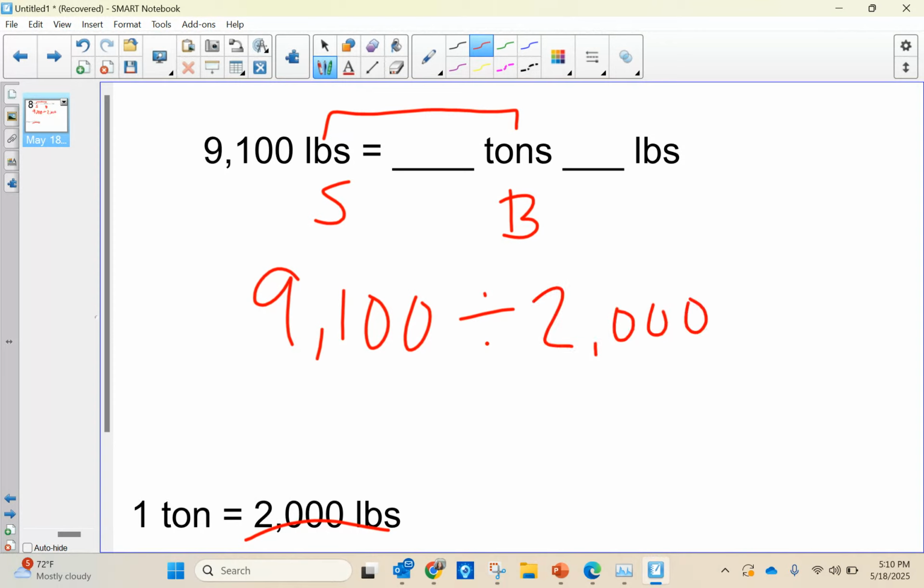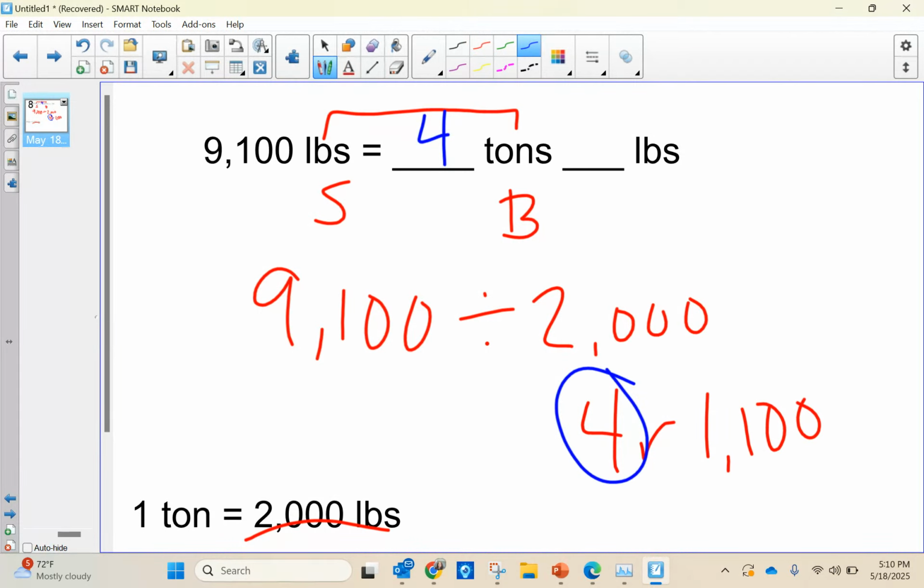And again, I need you to use the correct division button. And when I type it in, I'm going to end up with 4 remainder 1,100. And so I'm going to plug that into my answer space. That means I can make 4 whole tons. But then I've got 1,100 pounds that I didn't have enough to fit into a ton because I would need 2,000. So there's 1,100 pounds left. And so my final answer would be